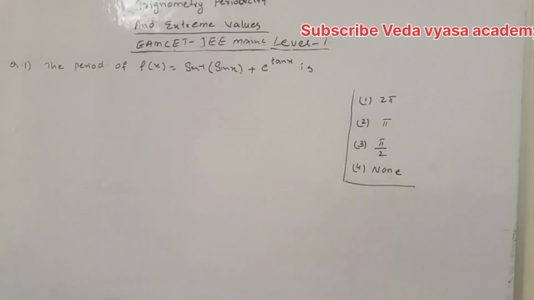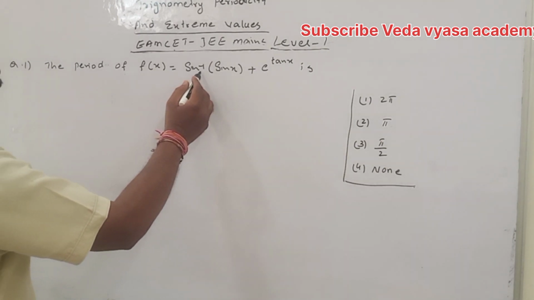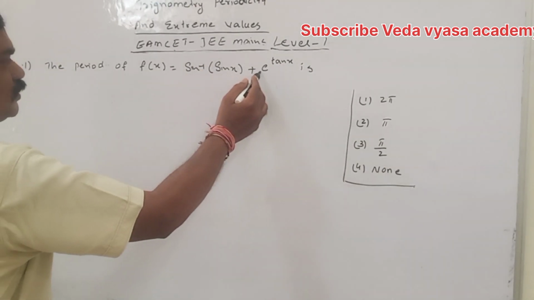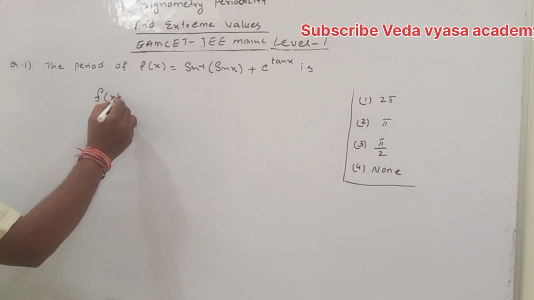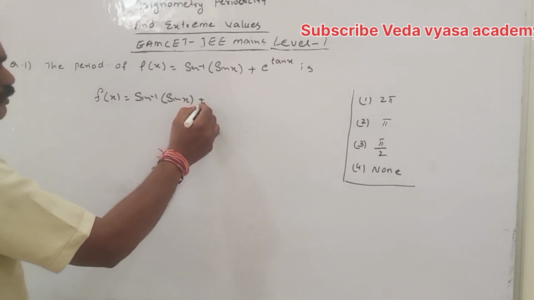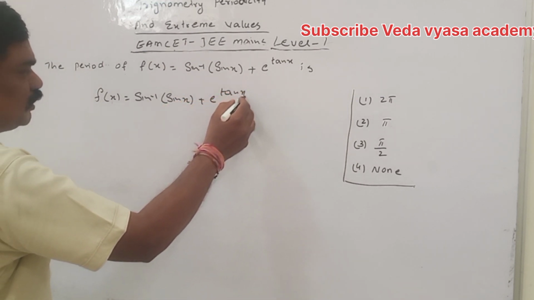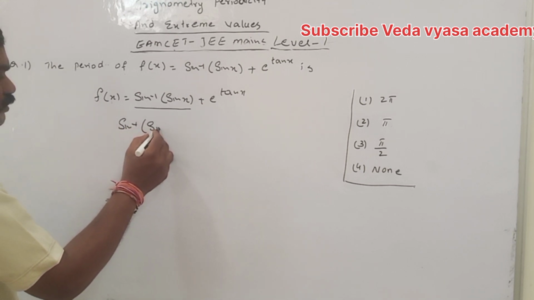Dear viewers, we have the problem: the period of f(x) = sin inverse of sin x + e^(tan x). So here f(x) is equal to sin inverse of sin x plus e power tan x. Here, this function sin inverse of sin x